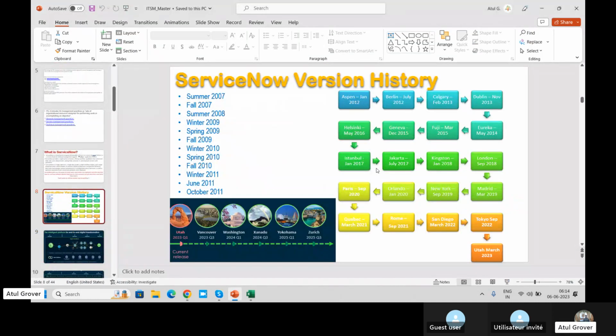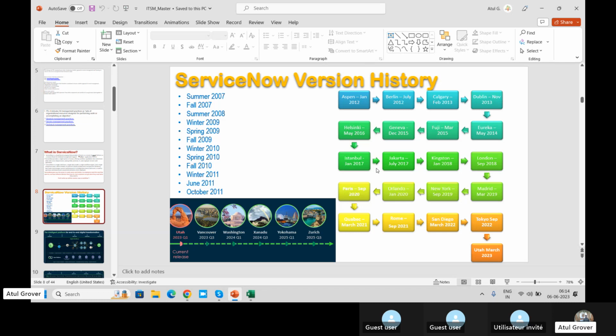Now, this is a history of ServiceNow releases. It's very old, but it looks like they have grown like anything in recent years. When you see this, there are two things. One is called upgrade, one is called update. I give the same example every time. When a girl gets married and goes to her husband's home, that is called upgrade. She is changing the family.